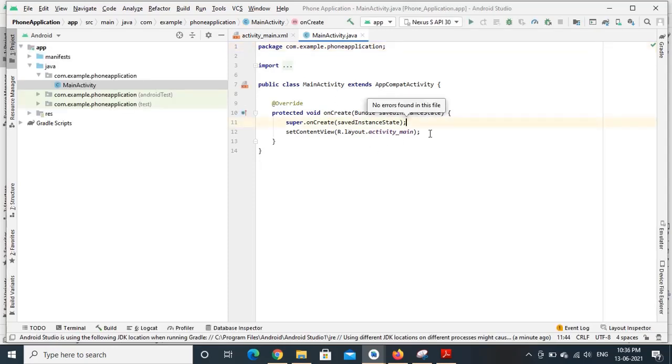The required files and folders are created for the current project by Android Studio.